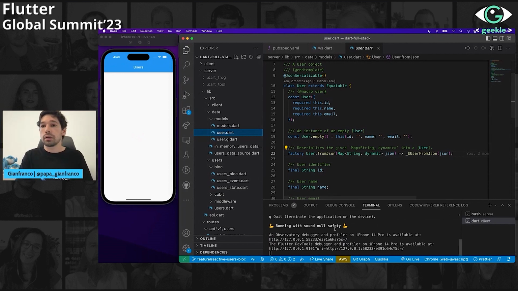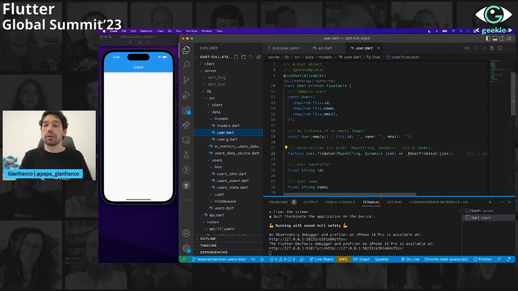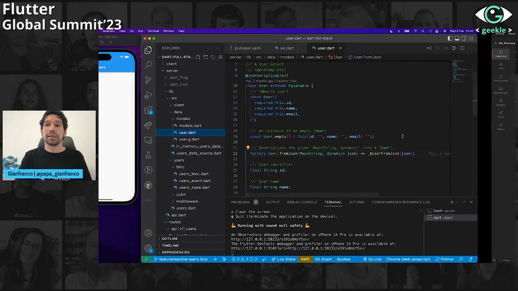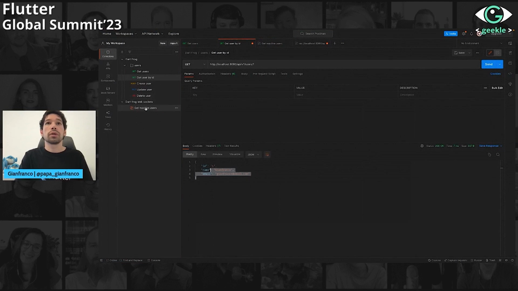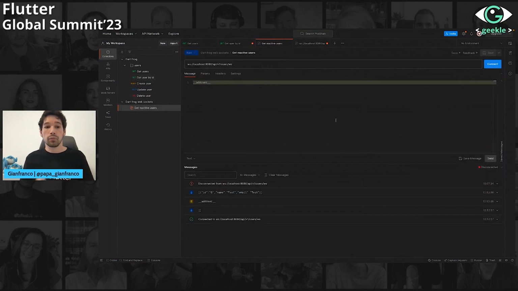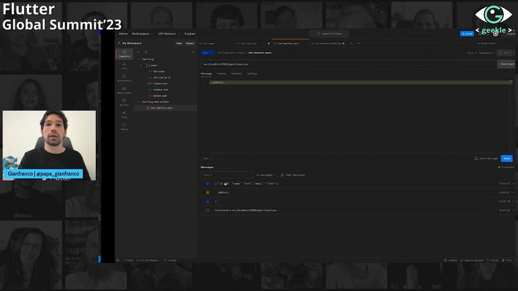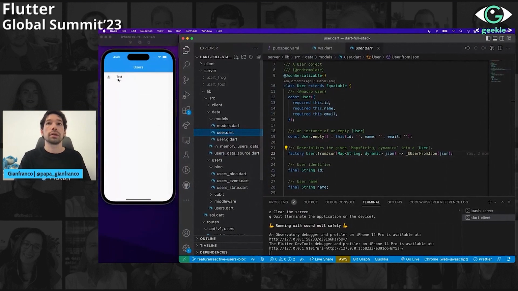In here, okay, this is the first time that the user is connected to the server, so the list is empty. But if we go here, this is another nice tip. We can actually test our WebSockets using Postman. In this case, we are going to try to connect, and okay, the connection was successful, and also the list of users is empty. So if we add a user, the list will change. We will add a new user, test, and we can see it here.